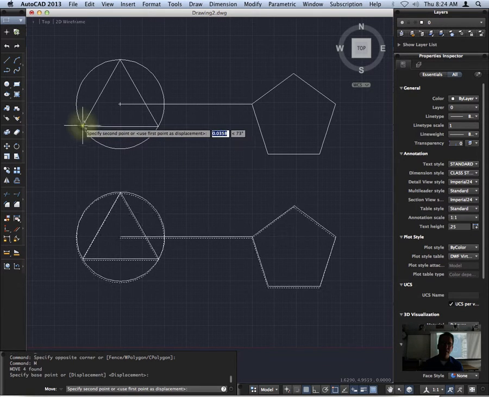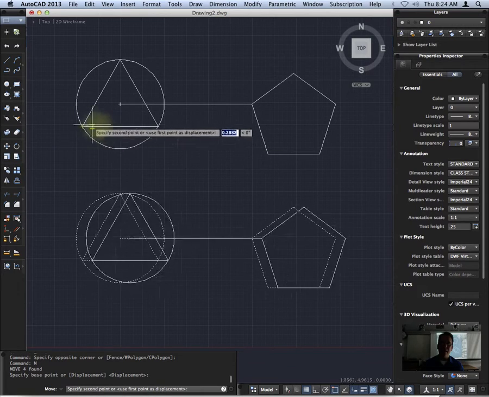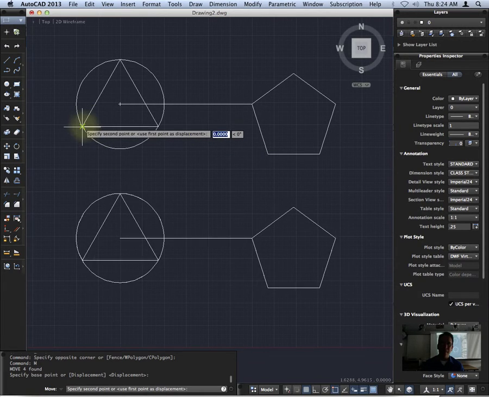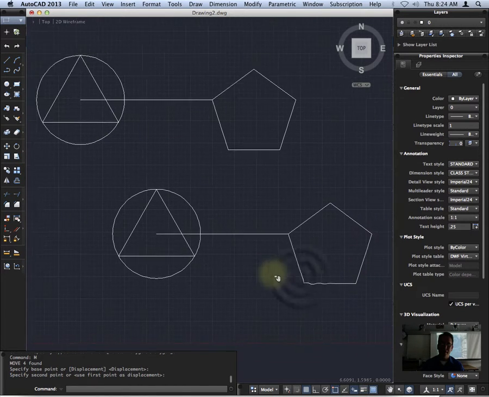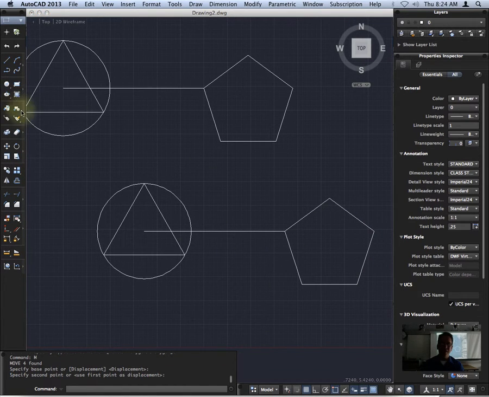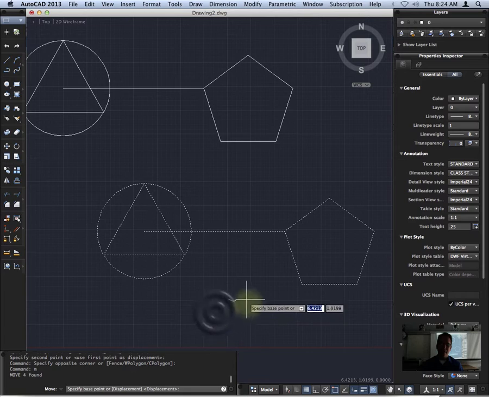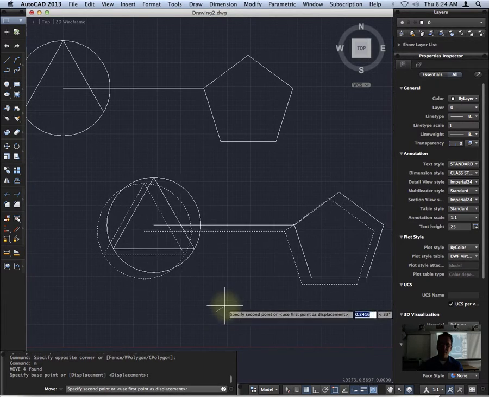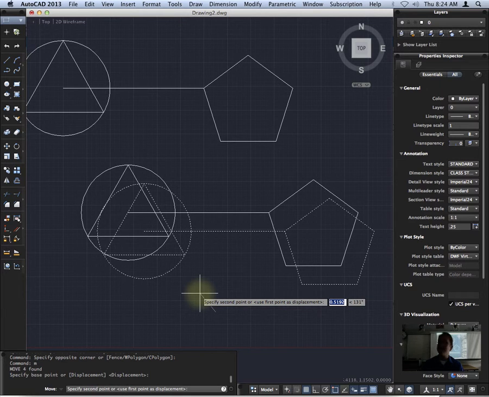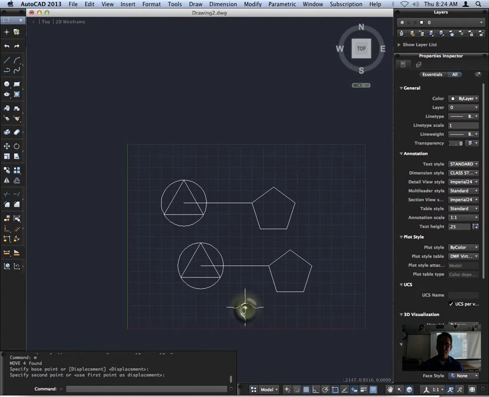So I can actually click on this point, and now even though I haven't grabbed anywhere on my object, I'm still capable of moving my object, and I can go this entire length here, and now this object is shifted that exact distance. Or I can just click move and randomly click anywhere. Click here, and now I'm moving my object relative to that just random point in space that I just did. So that's the move command, pretty